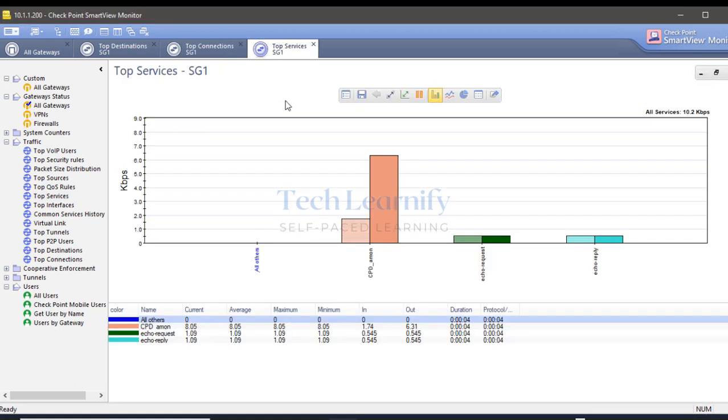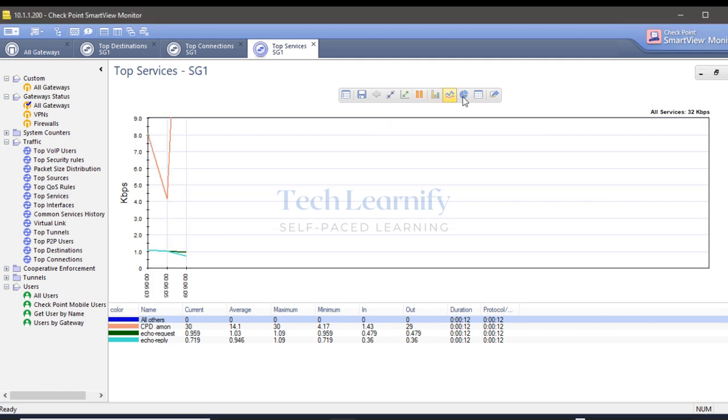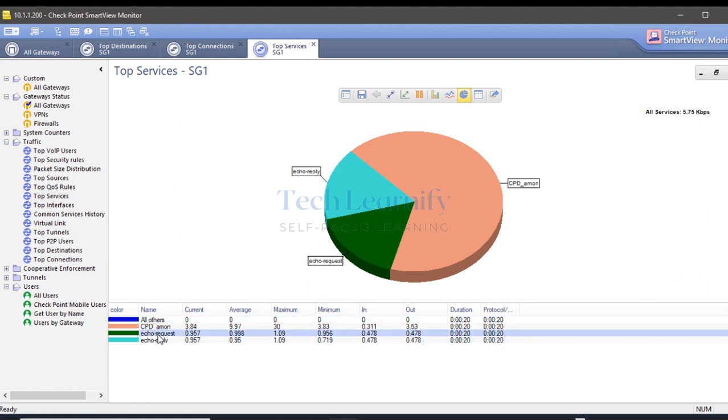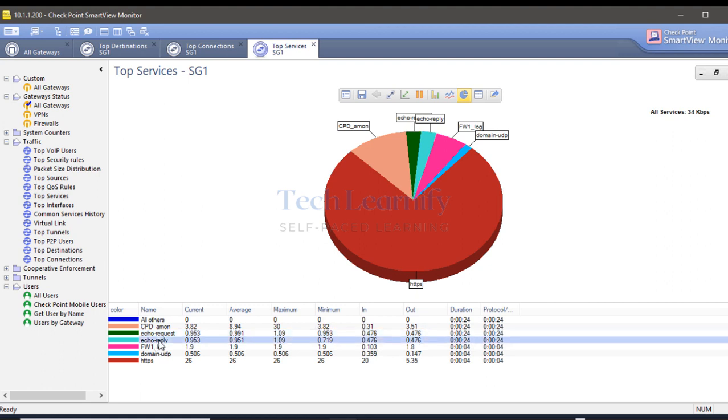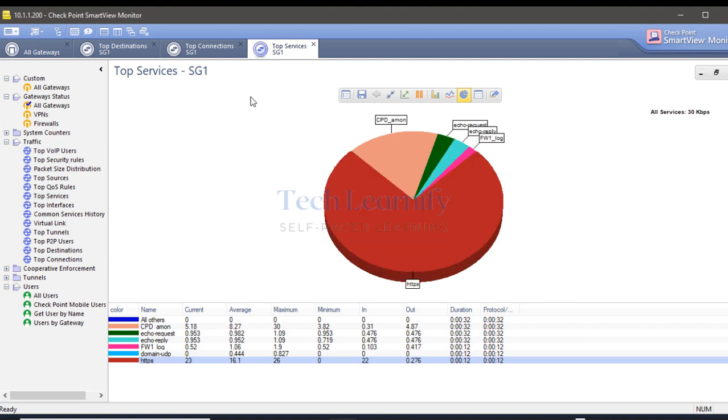So top services here, and look at the services, there are different views here. So you can see different views and echo request and echo reply, and domain UDP, HTTPS connection I can see. And what about